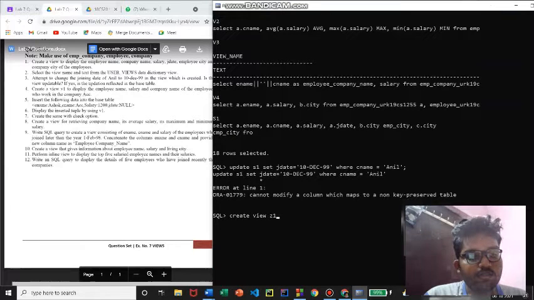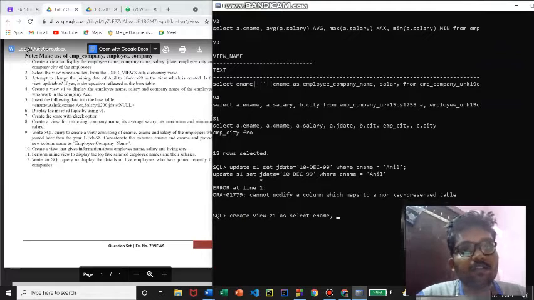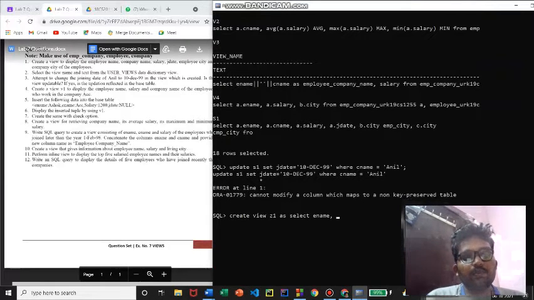Create view Z1 as select ename. Since there is no other table than employee company, we don't need the alias names here.